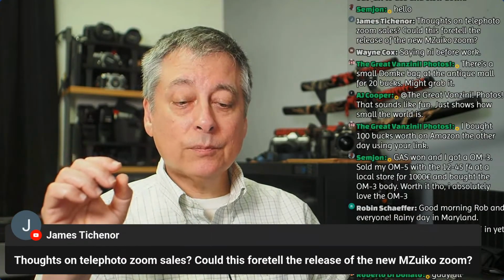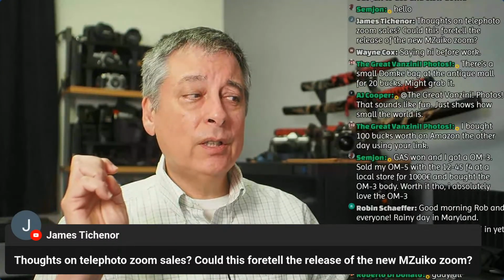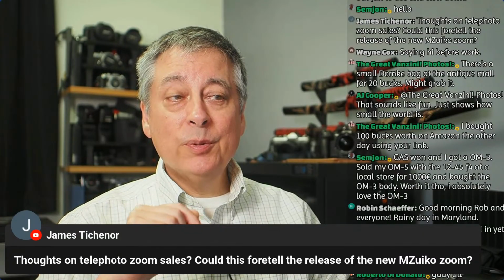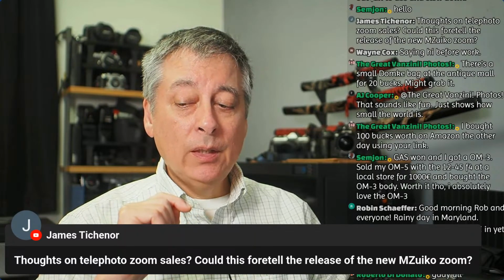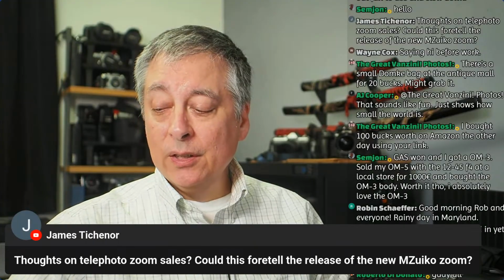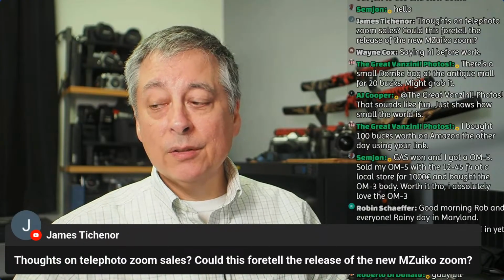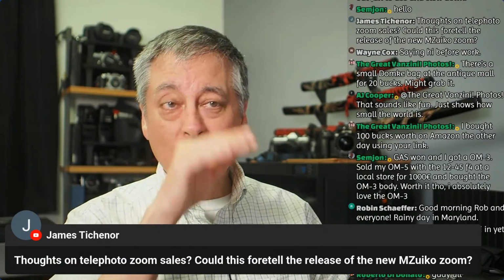A lot of lenses went on sale in Black Friday, long before these other lenses were released. I'm surprised there's not bigger discounts on the primes though, like the 25 and the 17, the version ones. I guess because they're very good lenses and not everybody needs weather sealing. But as far as the super telephoto lenses, we're seeing those heavily discounted. I think that's because, like the 150 to 600, people really balked at the price. I mean, there were certainly some people that bought it pretty much straight out of the gate, and it wasn't a terrible deal